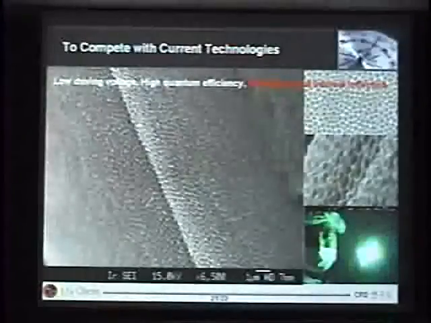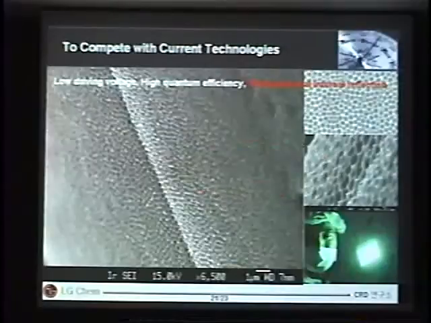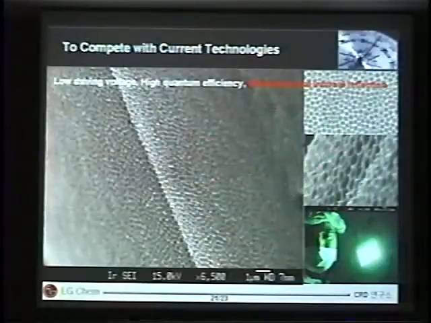Next. And the next thing is about the substrate that we are developing. At this moment, I cannot give you more information, but as you can see, we can make these nanostructures on the substrate, and the diameter of these structures you can control, from about 200 nanometers to 400 nanometers. So you can cover the visible wavelengths. By using that, you can maximize the outcoupling. Because as you know,